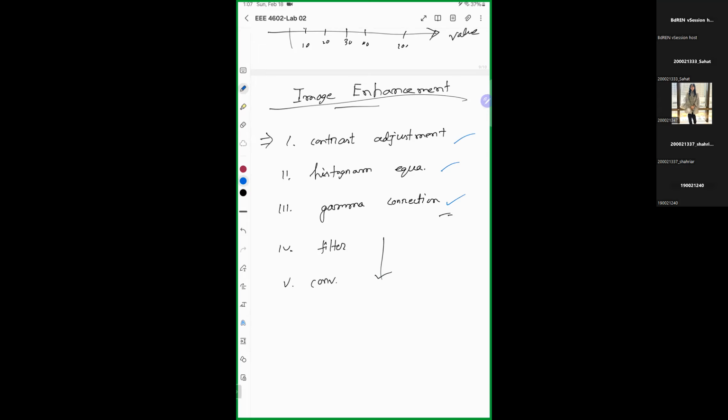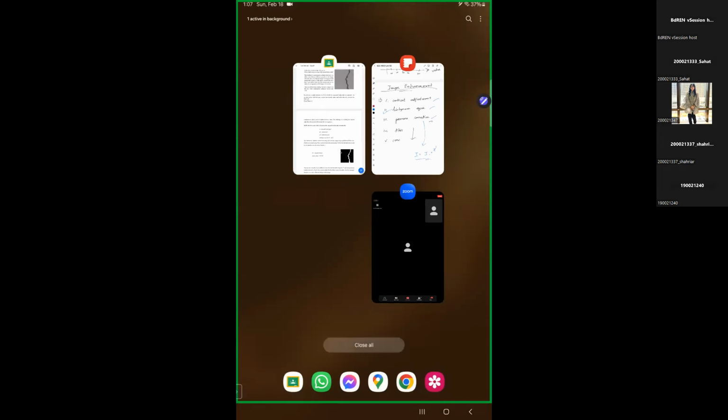Gamma correction is very simple. Whatever the image value that you have, you just raise it to the power gamma. This will change the gamma values. The code and everything is given in the lab manual. Please check it by yourself. I need to finish this one and another time. So check gamma correction from your lab manual. It is very easy. Also for histogram equalization, the function is already given. If you look at your lab manual,